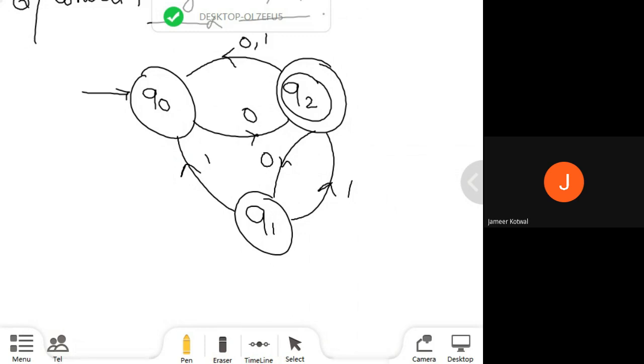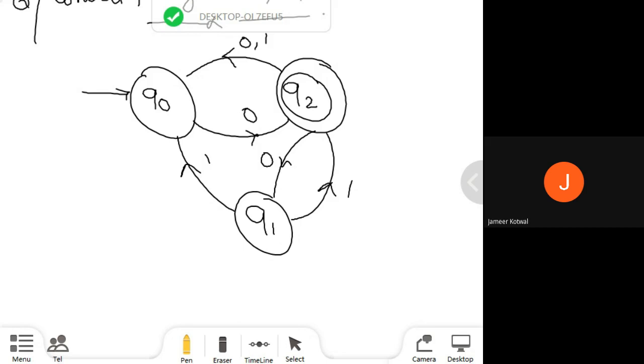Why? Because in the Q2 state, by processing a 0, I can reach the Q0 state as well as the Q1 state. Same as in the Q1 state, by processing 1, I can reach the Q0 state and the Q2 state. And for Q0, for 1, it may reach a dead state, since I haven't processed the 1, but by processing 0, it reaches the Q2 state.